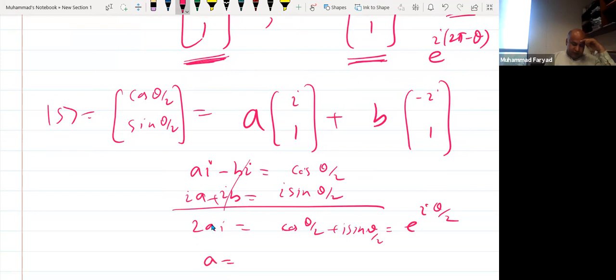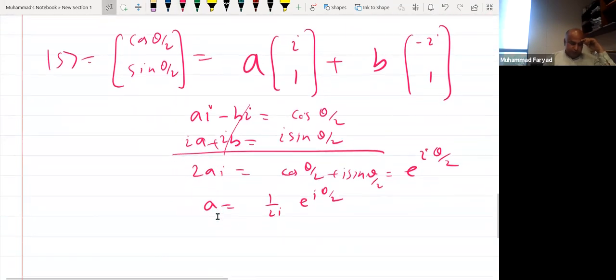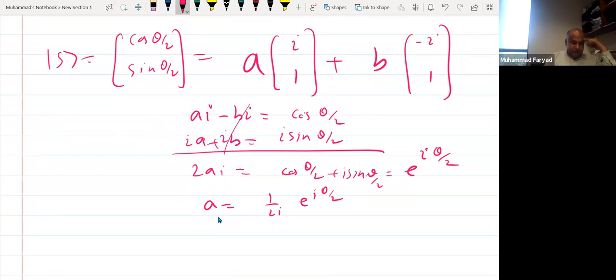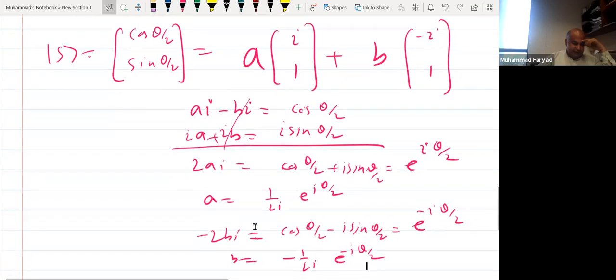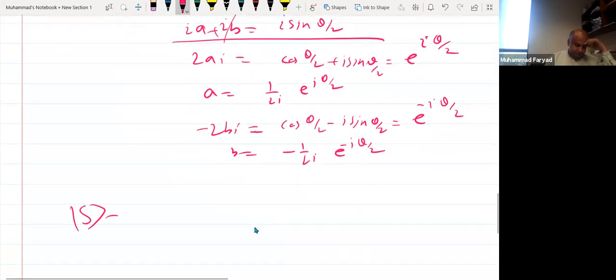So my A is 1 over 2 iota e to the iota theta by 2. For B, I can subtract. If I subtract, then the A's will cancel and I will get minus 2B iota equal to cos theta by 2 minus iota sine theta by 2, which is exponential minus iota theta by 2. So B is minus 1 over 2 iota exponential minus iota theta by 2. So it means I can express my S state as 1 over 2 iota